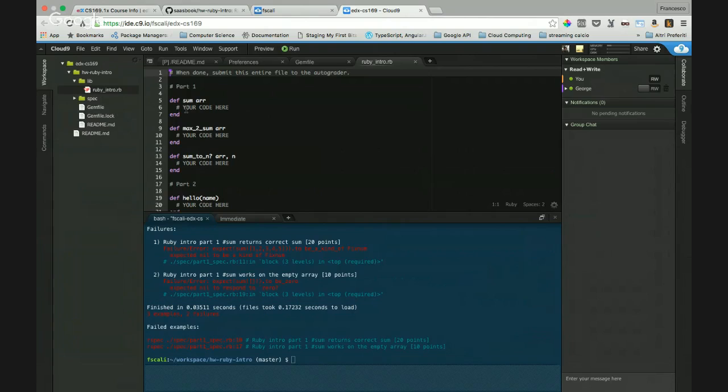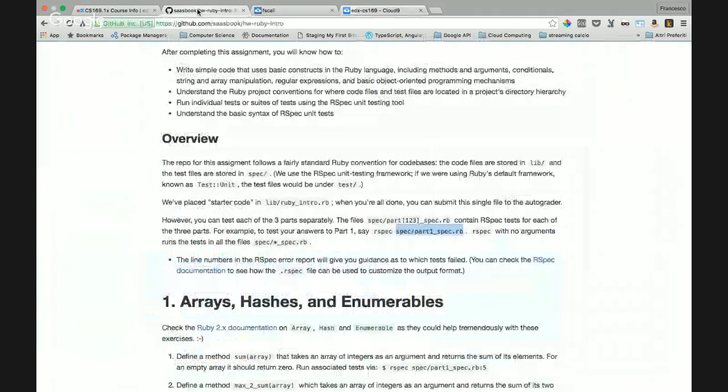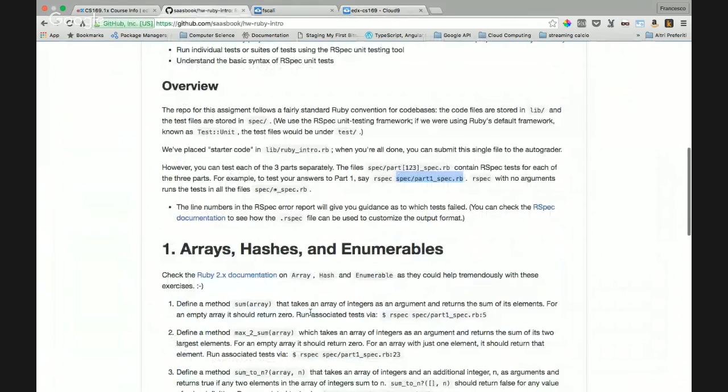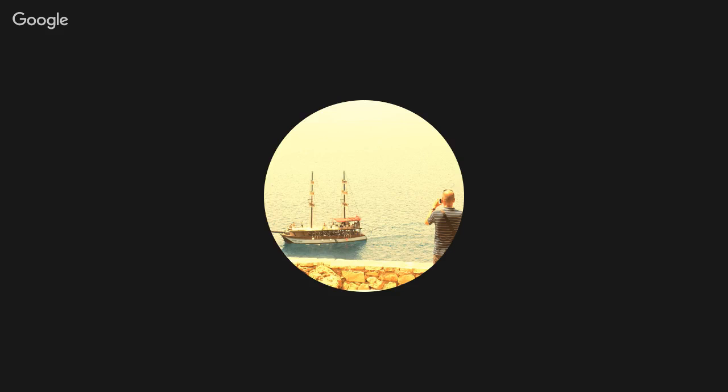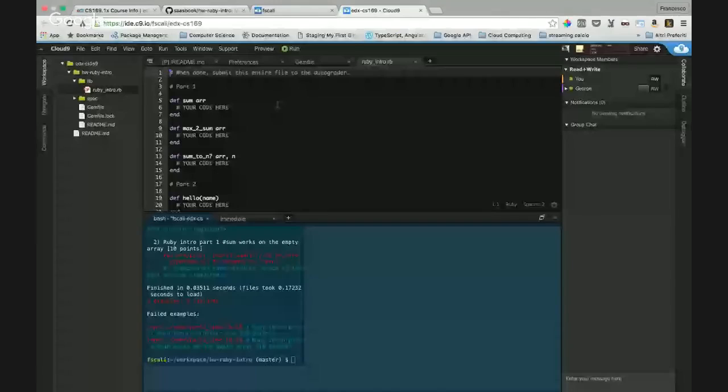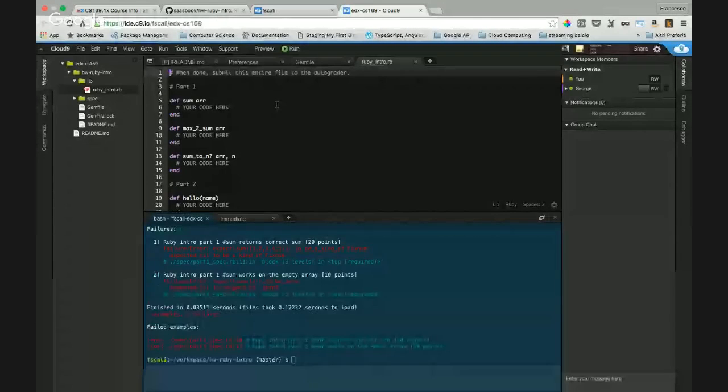This function, if I remember well, is already solved in the video before this assignment. Okay. So this function takes an array of integers as an argument and returns the sum of its elements. So I would have used a simple .each iterator, but I saw in the video that there is a useful function for Ruby that is inject.